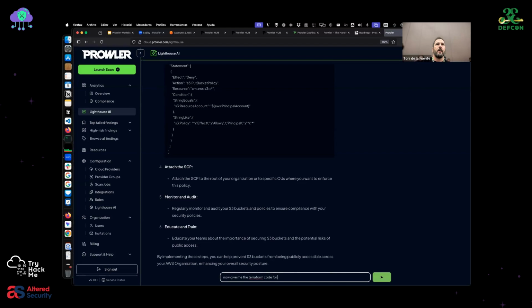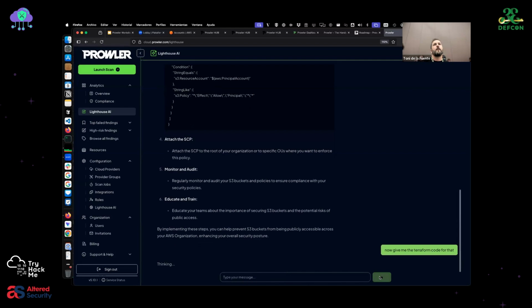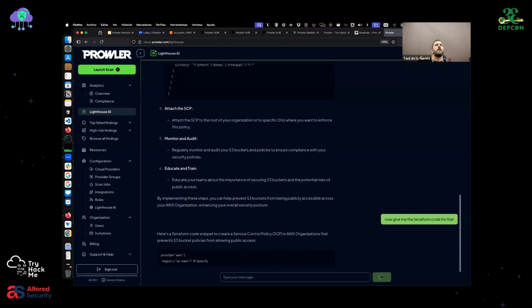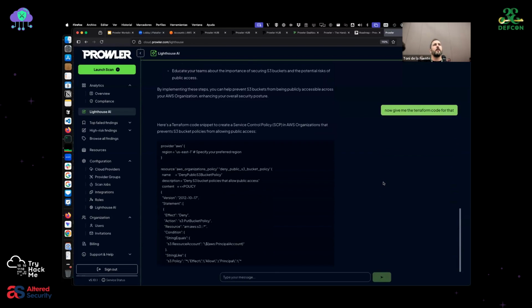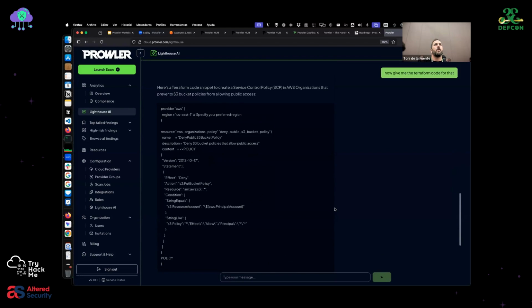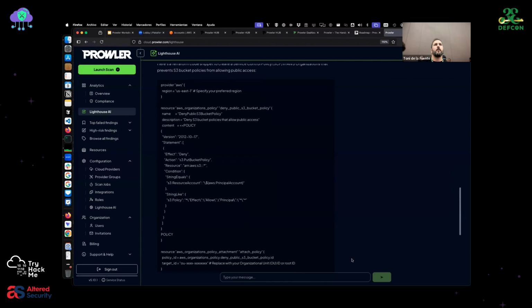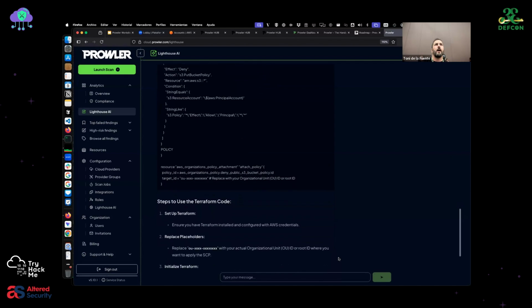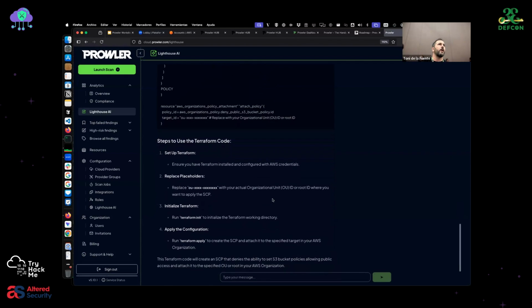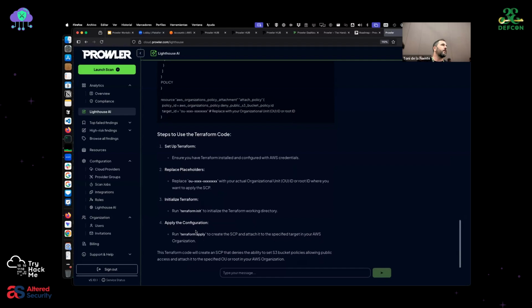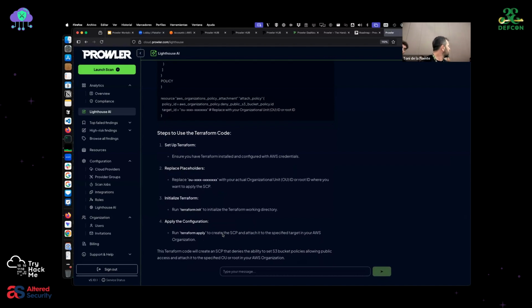code for that. There we go. We get the Terraform code for all this stuff. See, and the steps on how to deploy it. Terraform init, apply, etc. See, so